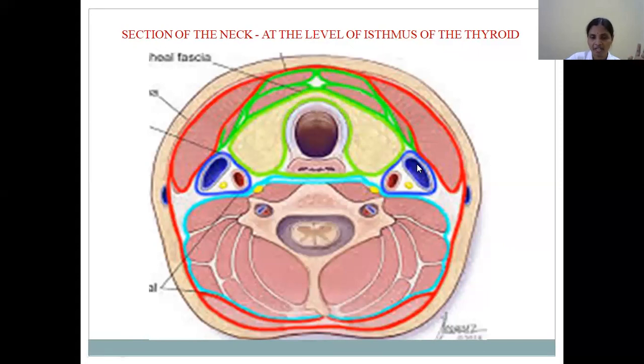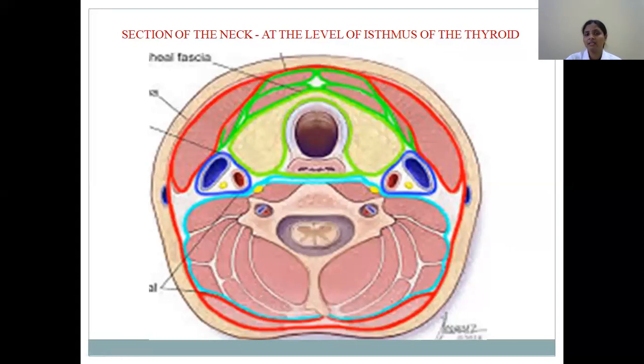So it is modified, and in what way is it modified? By forming facial compartments. Around the neurovascular bundles, here we can see a blue colored facial envelope. So what is this? Carotid sheath. This is an important structure present in the neck to envelope the neurovascular bundle of the neck. And similarly here, the red color you can see. This is a layer which is enclosing the muscles, and moreover the green colored layer. So what is this? Muscles which are surrounded by this fascia.